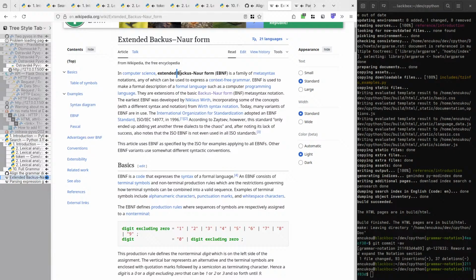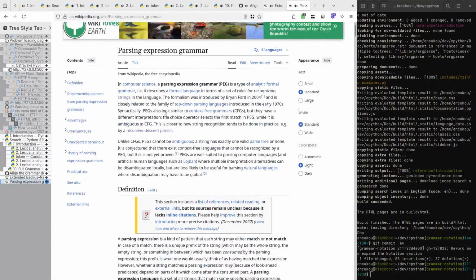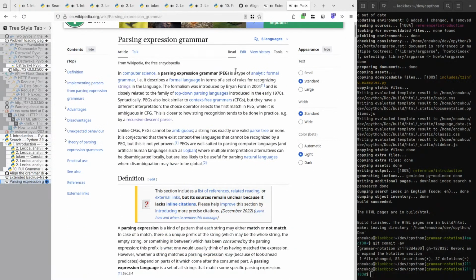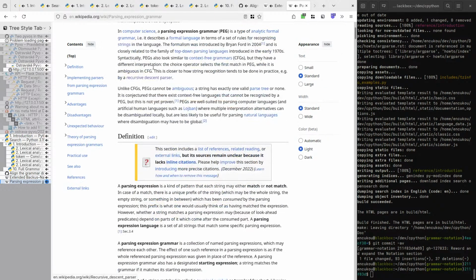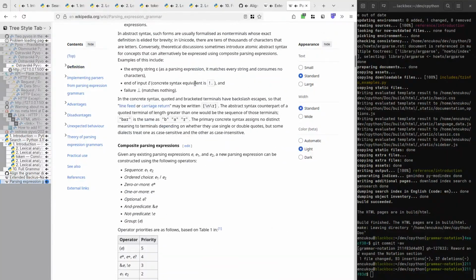Right, so Backus-Naur form is like the formal grammar, and then if you extend it, it becomes something else, right? And parsing expression grammar, PEGs look similar to context-free grammars, and the choice operator is different.